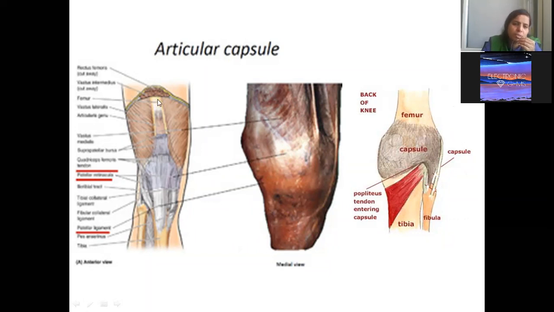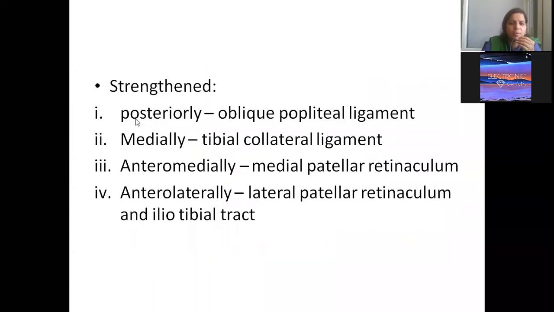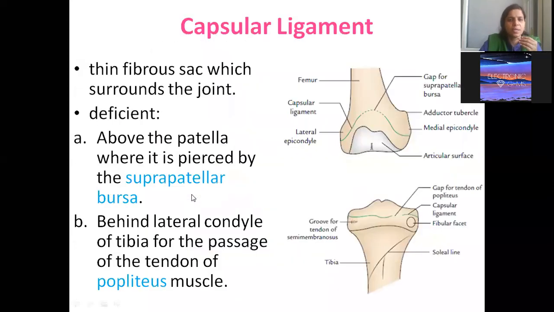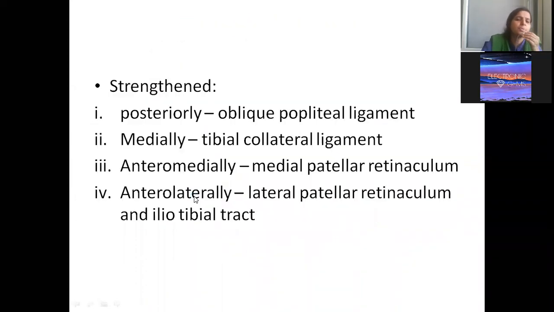So now you see, what is the name of this muscle in front of the thigh? Quadriceps femoris. Okay, what is this ligament, Imad? Ligamentum patellae. Yeah, ligamentum patellae, or the patellar ligament. So now we are talking about the capsule. The capsule is strengthened posteriorly. We have other ligaments also, which we are going to elaborate.